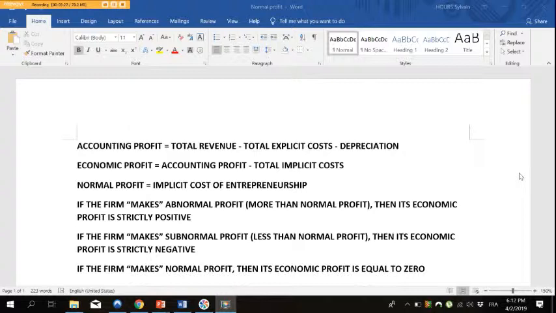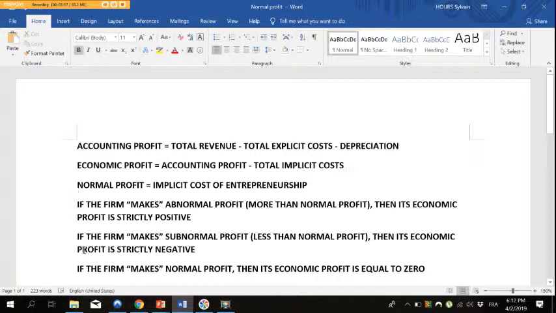So this is what we learn in economics textbooks, but to be frank, it never really made sense to me. What does it mean to make abnormal profit, to make subnormal profit, and what is the relationship between normal profit and economic profit? This was never very clear to me. So what we are going to do now is use an example in order to better understand